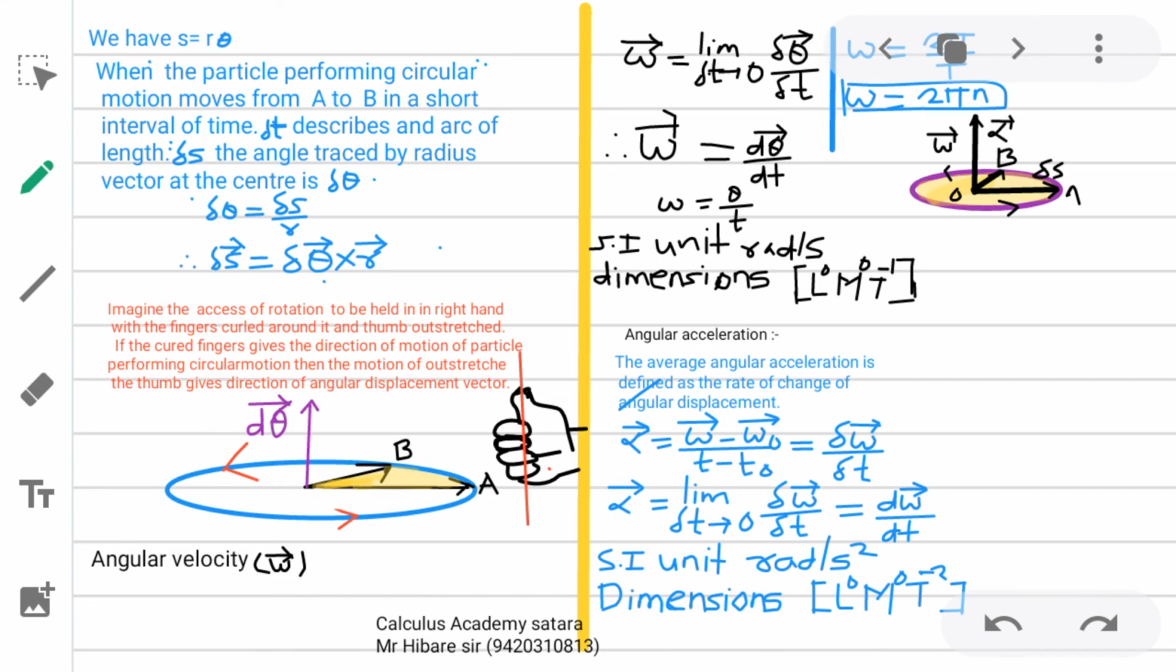What is angular velocity? Omega is d theta by dt. Then alpha is d omega by dt. What is the SI unit of omega? Radian per second. What is the SI unit of angular acceleration? Radian per second square. Dimensions of omega are L0 M0 T minus 1, and of alpha are L0 M0 T minus 2. Now next,